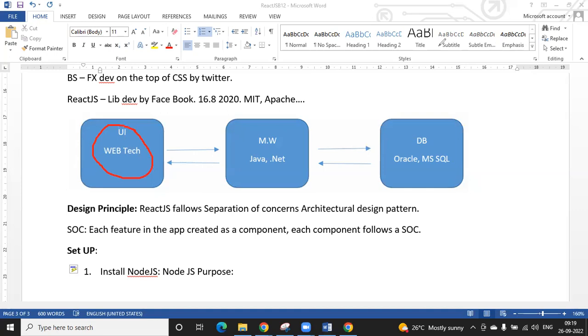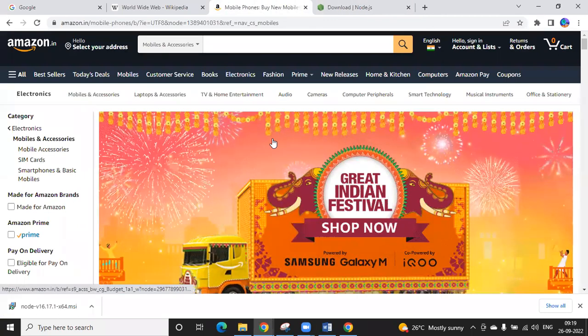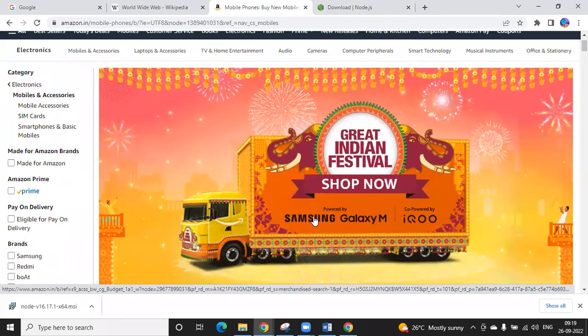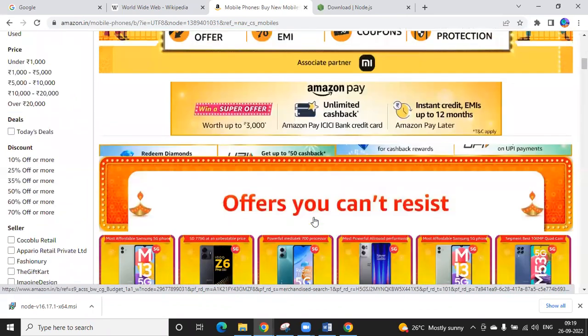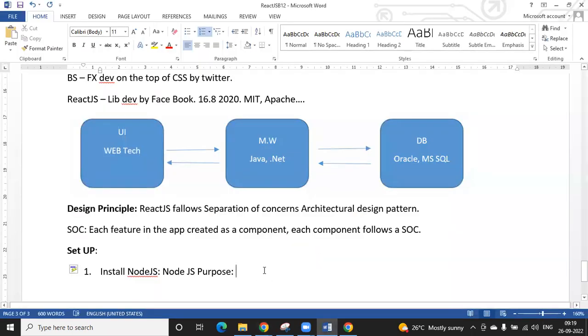Your browser understands HTML, CSS, JavaScript. It cannot understand ReactJS. So what do I need to do? I need to convert this ReactJS code to browser-understandable HTML, CSS, JavaScript. Take that point.